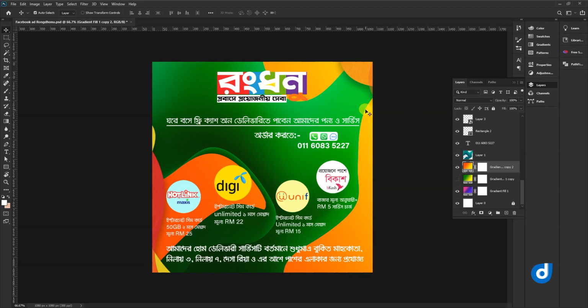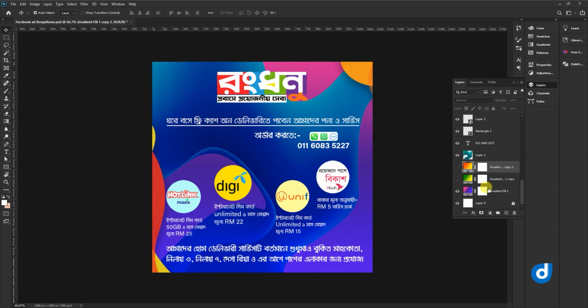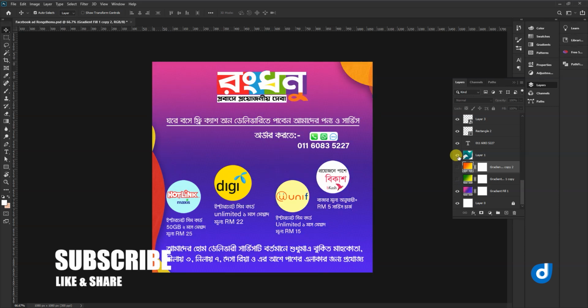I appreciate their work, since during this quarantine nobody can come out or go out from their home. So this will definitely help them out. That's why I'm doing this for them, and this design all belongs to me. Now this is the gradient, I like it very much, and this is the PNG.